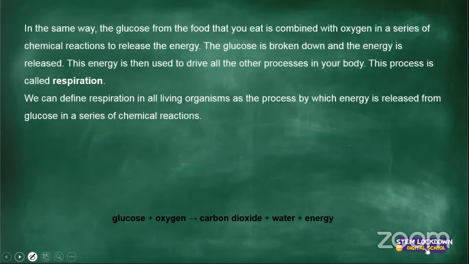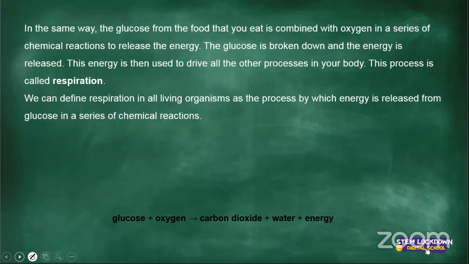Okay, I just want to do 2 slides and then I'll come to you, Levi. So in the same way, the glucose from the food that you eat is combined with oxygen in a series of chemical reactions to release the energy. So the glucose is broken down and the energy is released. Now this energy is then used to drive all the other processes in your body. And this process is called respiration. So we define respiration in all living organisms as a process by which energy is released from glucose in a series of